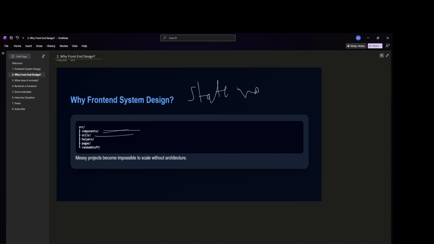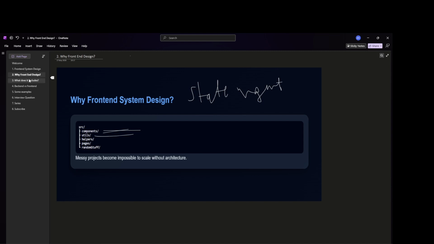The project will work, but as the features grow, the code base becomes harder to maintain, slower to develop, and painful for teams to collaborate on. This is exactly the problem front-end system design solves.